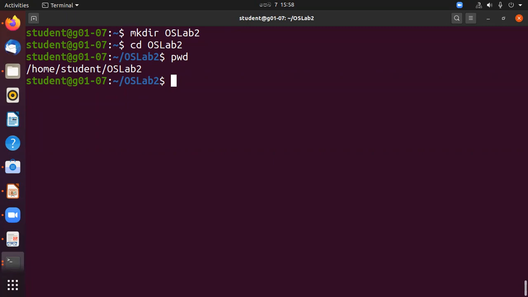Okay, so we are going to use the VI editor, right? To open this file, you can use vi. That's the command to open the VI editor. And the file name, right? So if you read out this question, it says, create a source file named message.c. Message.c. And you can type this code segment in the